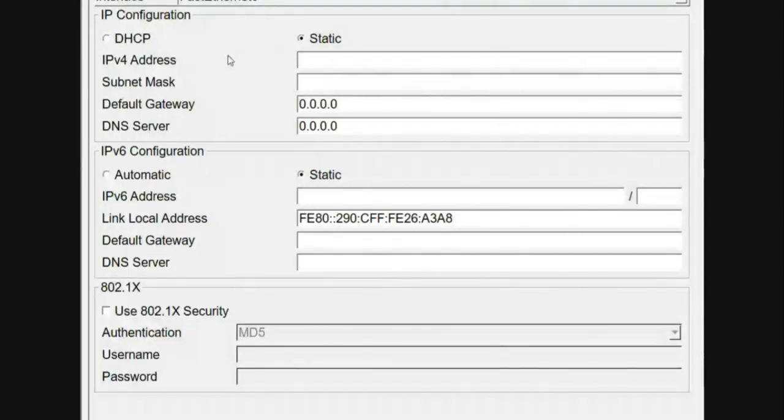After clicking on the PC, it will now take you to this particular interface. At this interface, we have DHCP and we have static. For you to assign your IP address, you can assign IP using static or DHCP. DHCP means you will not assign any IP. Automatically, the DHCP server will assign IP for you. But to statically assign an IP address, I will type